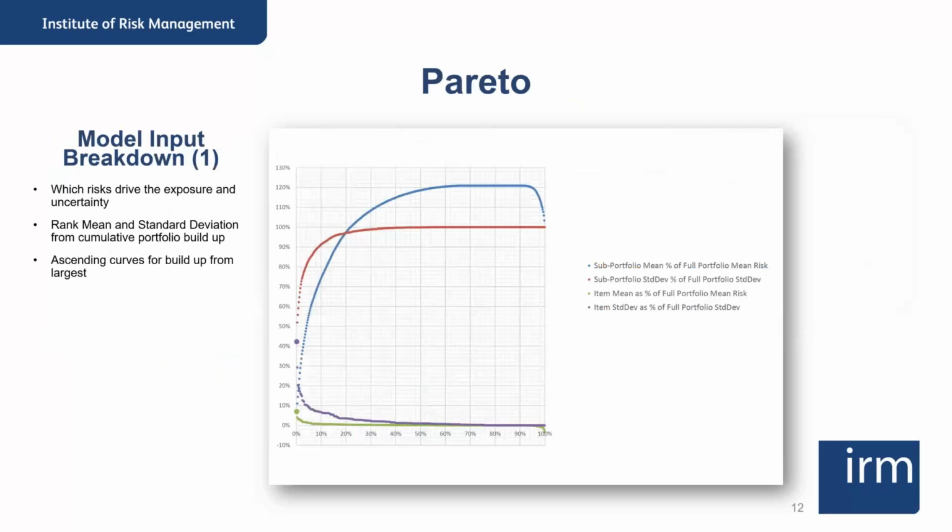A good tool for risk analysts, and I think this is something that Doug was saying, a good way of understanding your drivers is to understand which risks are going to drive the result. And I've used this Pareto chart before. People are often aware of the 80-20 rule for mean exposure, understanding that only a small number of the items drive the expected value, but it's an even smaller number sometimes of items that drive the uncertainty in the project. So charts like this can very much help the risk analyst know exactly where to go.